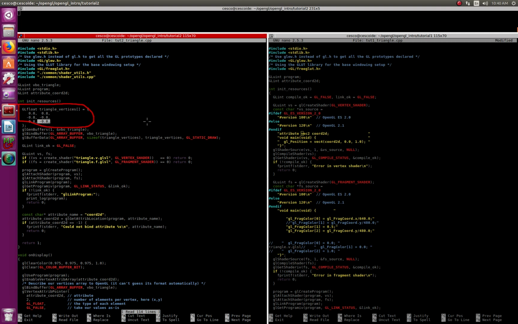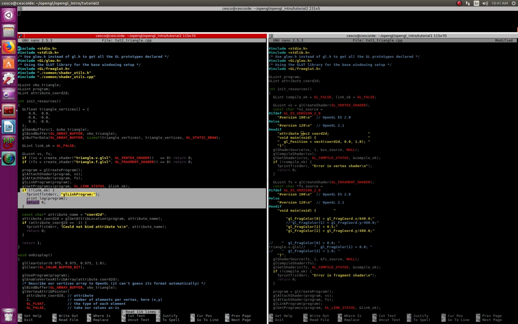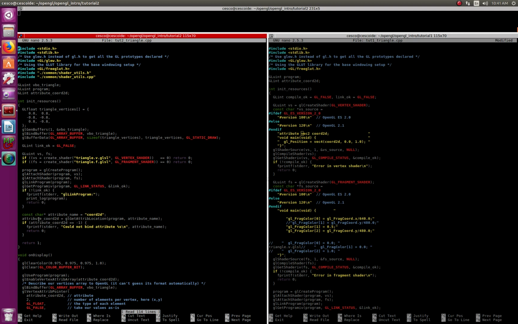So now, if we continue going down, don't worry about this. We'll talk about this later. Don't worry about it for now. But basically, what's happening here, the program is being created, the vertex shader is being attached, the fragment shader is being attached. Now they're being linked in a program called program. And it's checking to make sure that the linking went all right, and then it's returning 0. So here, if we keep going down,